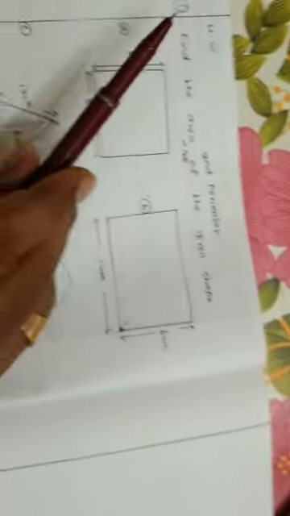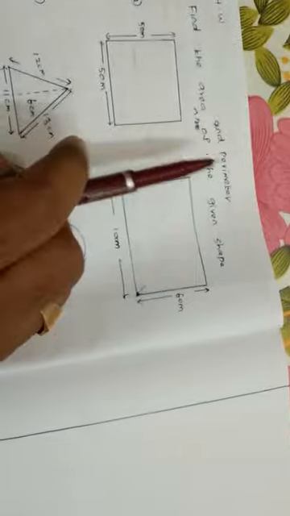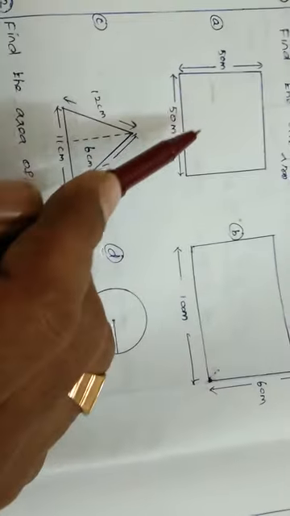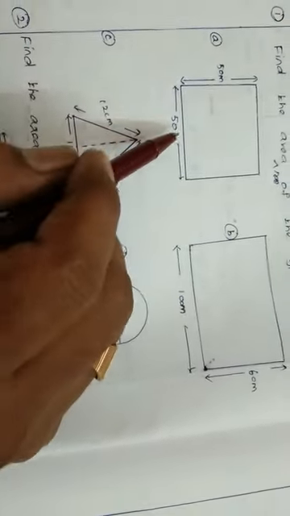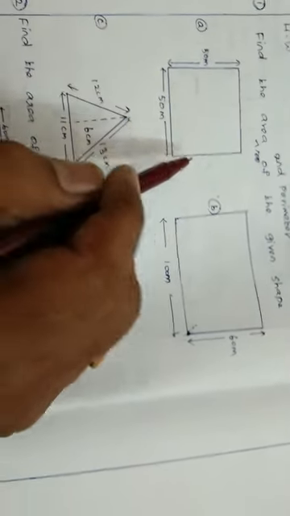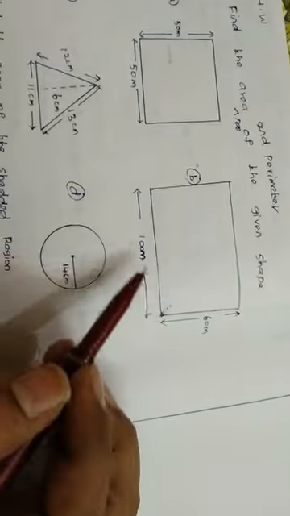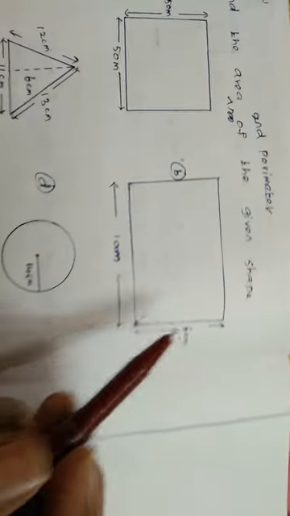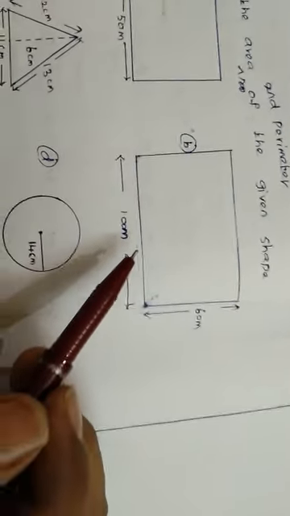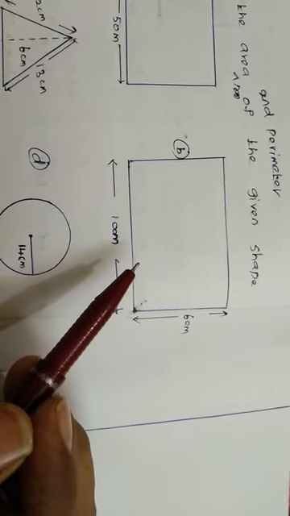Next, the homework problem. So simple problems: find the area and the perimeter of the given shape. So here it is a square, side 50, area A square, perimeter 4A, substitute and find. A value 50. Rectangle, L value 100, B value 60. So 2 into (L plus B) is the perimeter, L into B is the area.